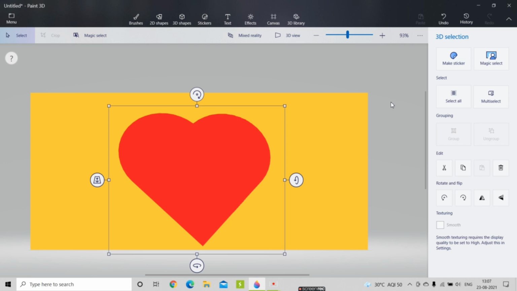Now we will take this 3D object to Blender. Blender is another software for making 3D objects and also making some types of VFX effects and animation. So it is very easy for you to take this object into Blender. Sometimes it may happen that objects are very difficult to make in Blender, so you can easily transport 3D objects from Paint 3D to Blender.